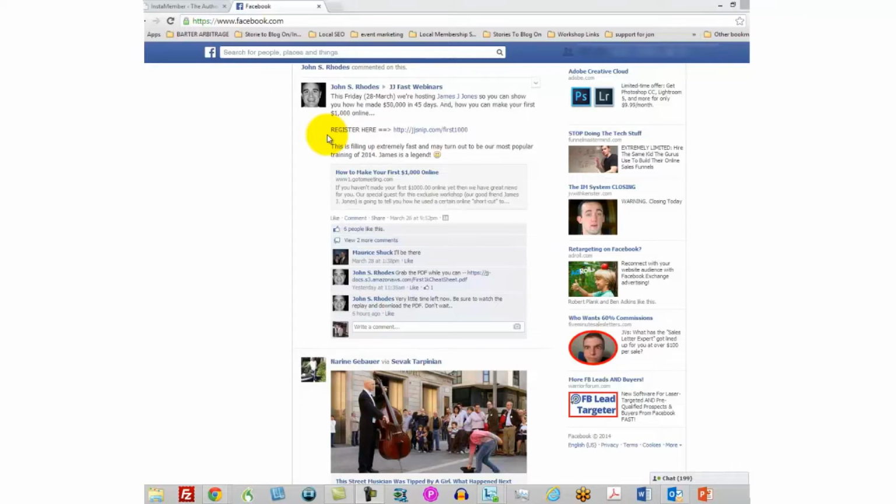Now, having a page where you have lots of followers, where you have a specific topic, is a way that you can get people to come to your events and see what it is you offer. Every time he puts something on this fan page, a number of his fans are going to see his post. Not everybody's going to see it, but a number of people will. Facebook does have an algorithm, and one way for you to earn money right away is to have a fan page and to post links to that fan page. Some of your followers are going to get the actual link to buy.